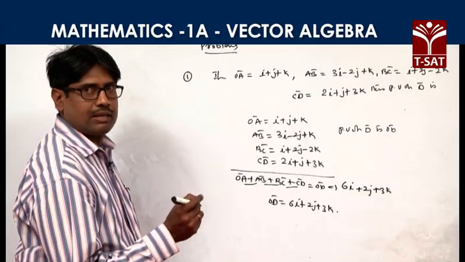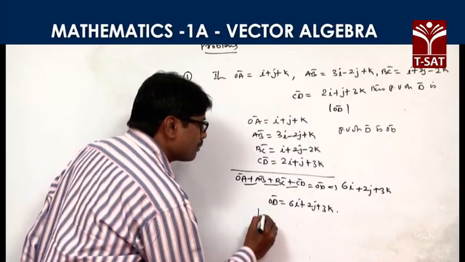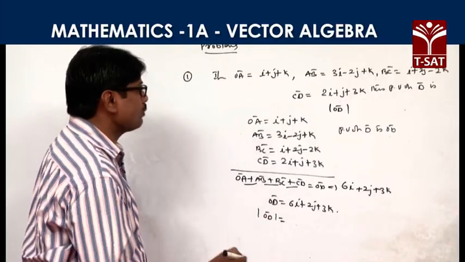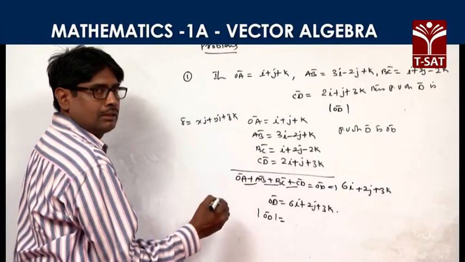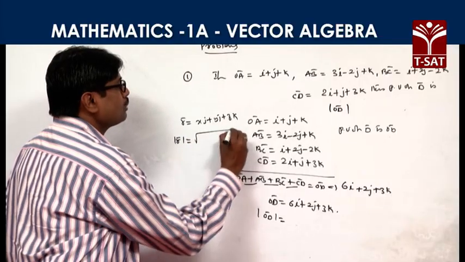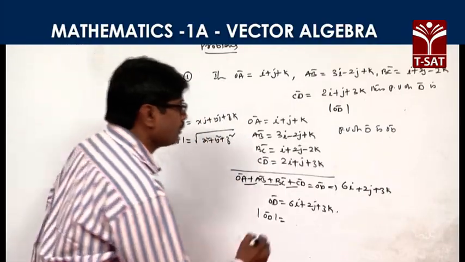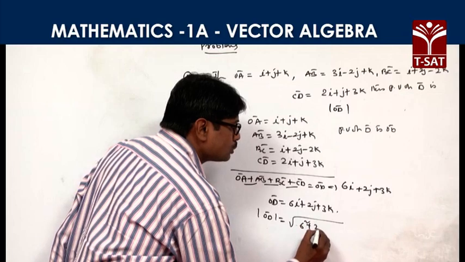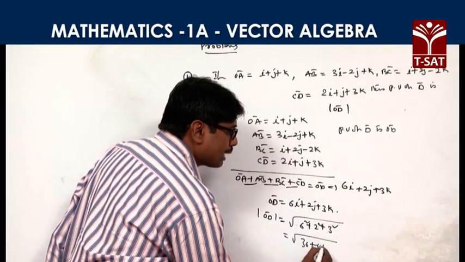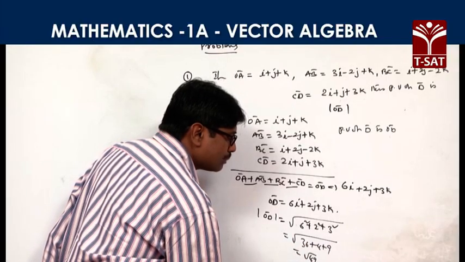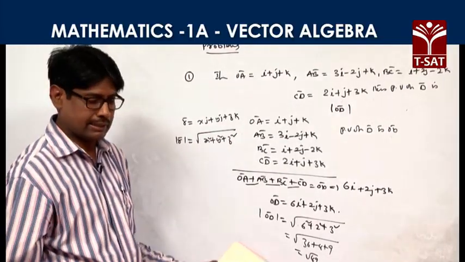If only the position vector is asked, that is it. If he asks to find the mod of OD bar, find its length also. Just now we defined R bar is equal to Xi bar plus Yj bar plus Zk bar, then mod of R bar is equal to root of x square plus y square plus z square. So, mod of OD bar is equal to square root of 6 square plus 2 square plus 3 square, which is square root of 36 plus 4 plus 9, which is 49. Root 49 is equal to 7. So, we calculated the position vector of D bar and its magnitude is equal to 7.